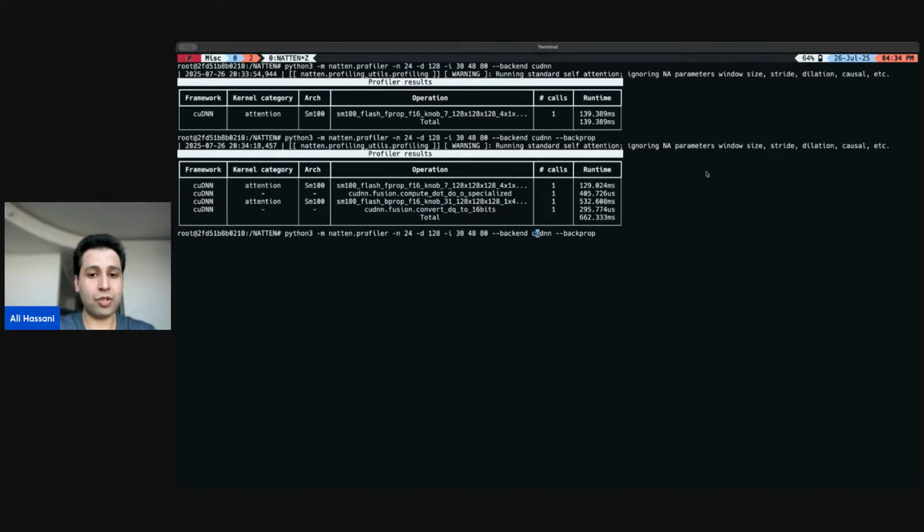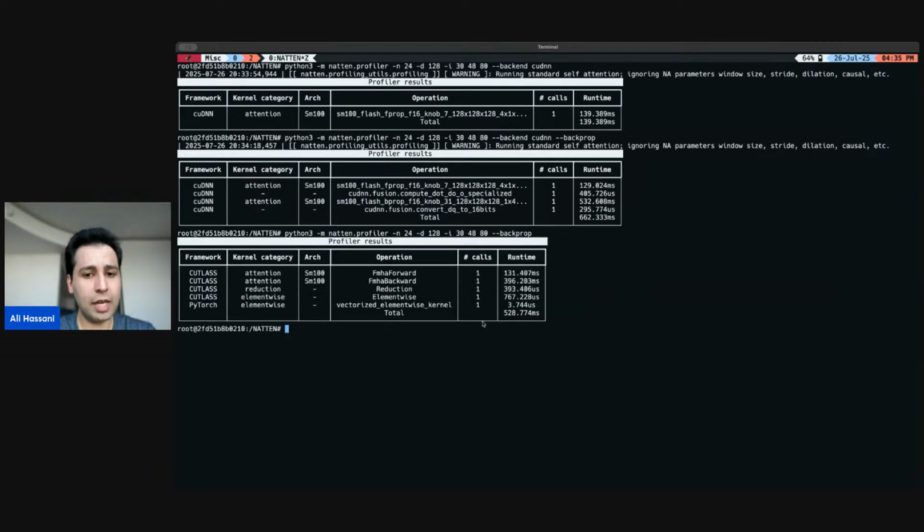But then let's just take away that backend, which means it'll try to select the best backend in NATTEN, which in this case, because it's attention and it's Blackwell, will be Cutlass's Blackwell FMHA. So this should give you somewhat similar performance. It's actually a little bit different. So the forward pass is kind of a wash, a little worse probably, but the backward pass is a little bit faster. So these are just the Cutlass FMHA forward and backward kernels. And with cuDNN, I'm sure there's some further auto tuning that can be done that either I'm not familiar with or might not even be in the SDPA